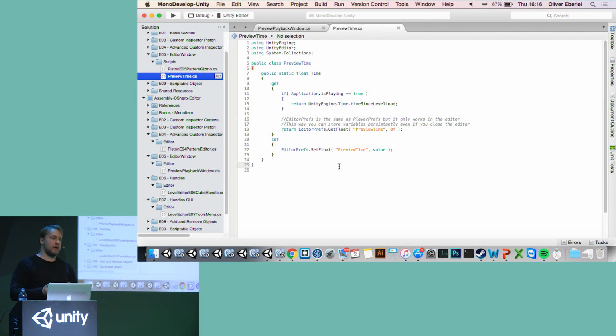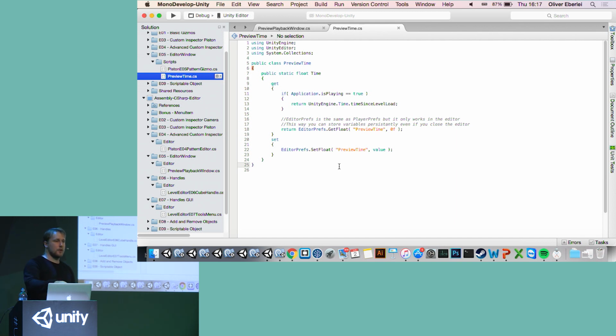And EditorPrefs is the same thing as PlayerPrefs, just it can only be accessed from your project inside the editor. So if you have a bunch of debug data that you need to store, I often have data in there that is config data for my game. So config data that when I press play, this config is used, so the game state is restored to wherever I need it to be.